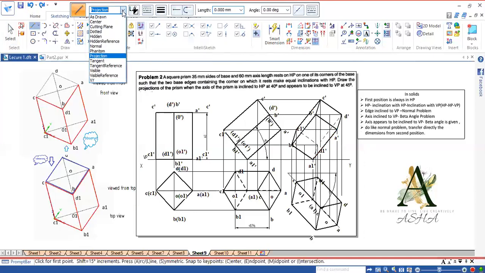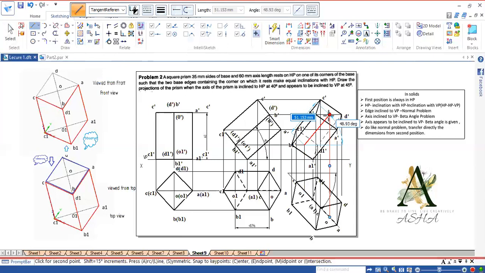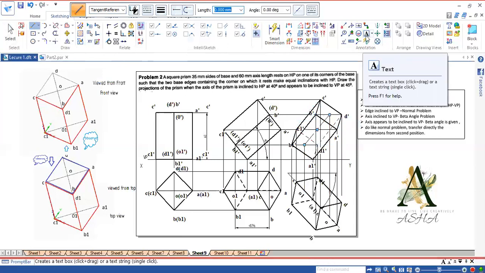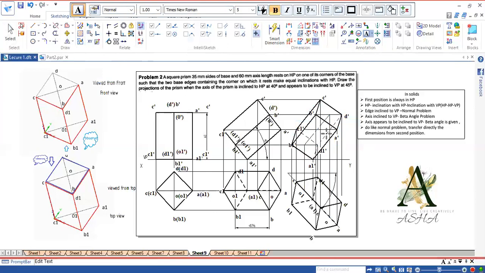Connect O1 through axis line. So O1 to O. Represent it as O1 dash and O dash. Okay, so here D1 dash you have to write within the bracket. So this completes the problem. Thank you.